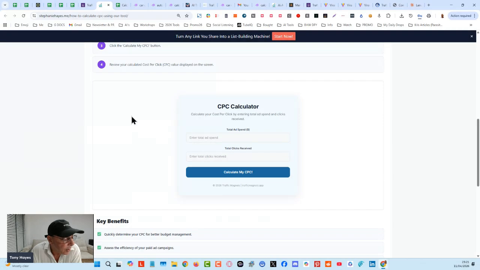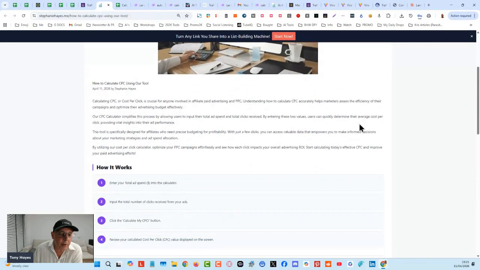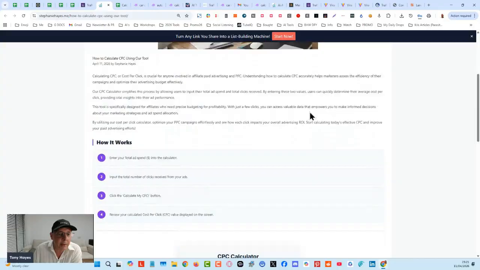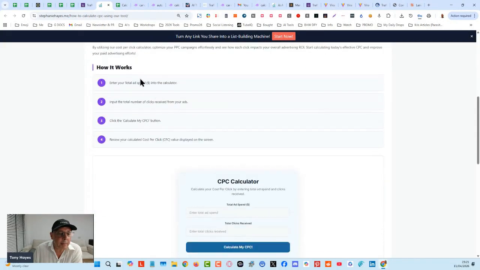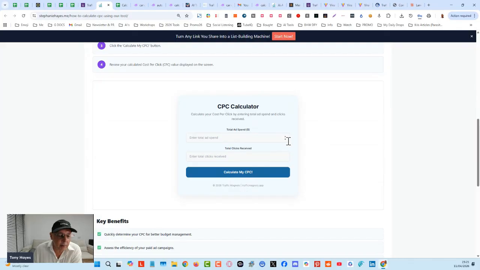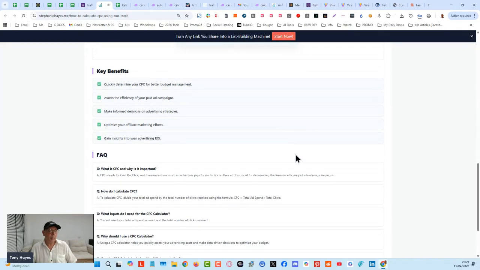Is the website just a tools website? Rennie, this is what the pages are going to look like. You're going to have your featured image and your headline at the top. There's a headline missing here, so we're going to have to fix that. You're going to have the content, how it works, all this kind of stuff. Then you've got your main calculator. This is what every page is going to look like when you post your calculators from Traffic Magnets.